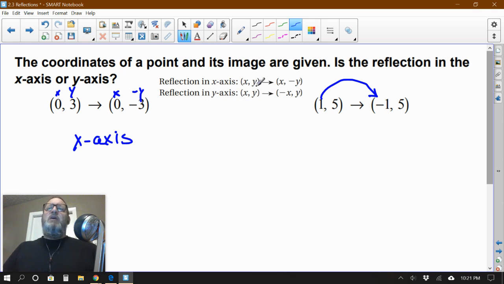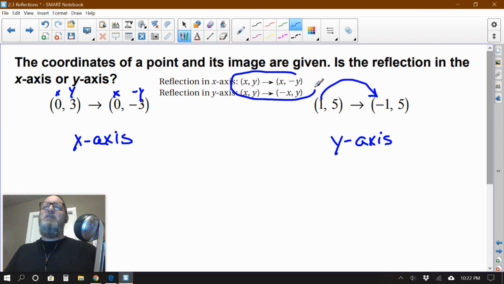So what is that? Let's see, (x, y) becomes (-x, y). So we clearly reflected across the y-axis. Again, when the x changes, you must be reflecting across the y. When the y changes, you must have reflected across the x. And here, the x changed, so you reflect across the y. That rule's right here. So whichever axis you're reflecting across, the opposite letter coordinate is what you're changing to create